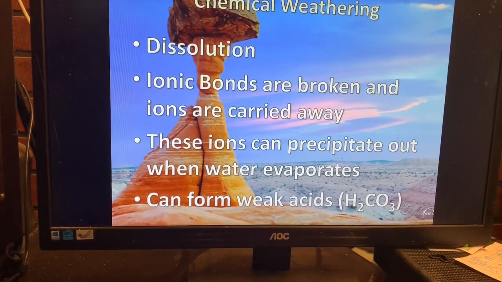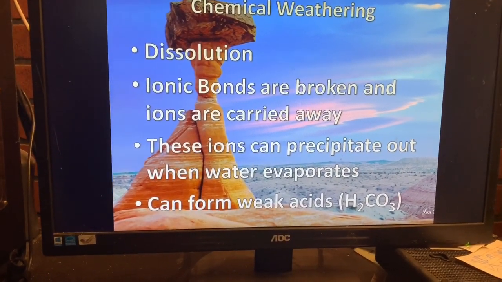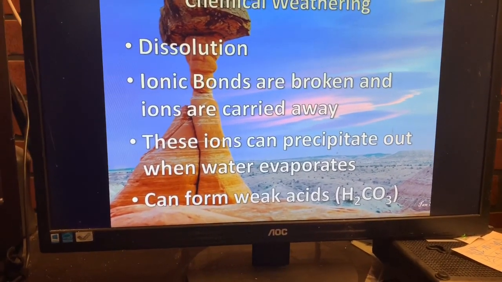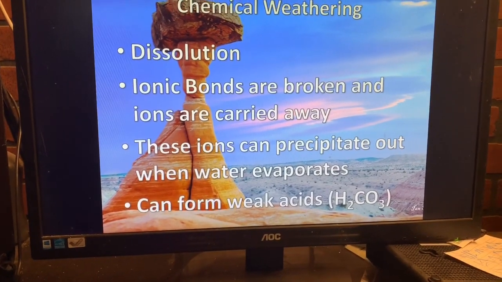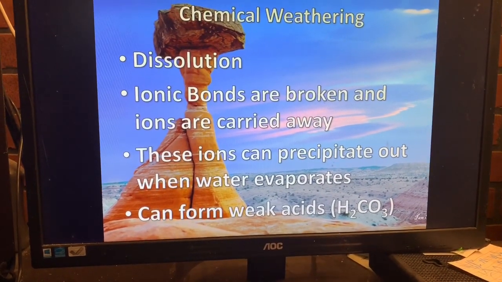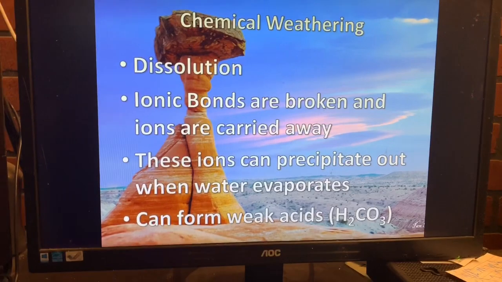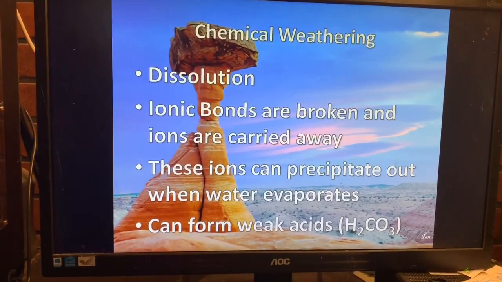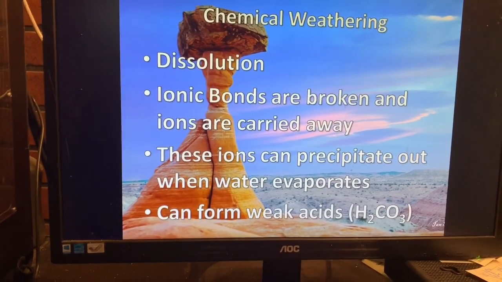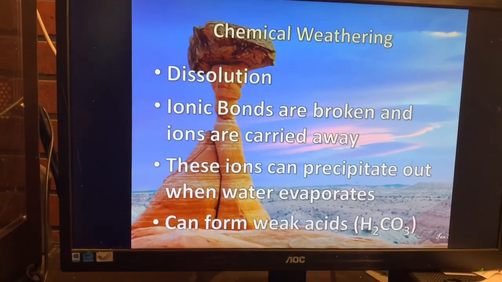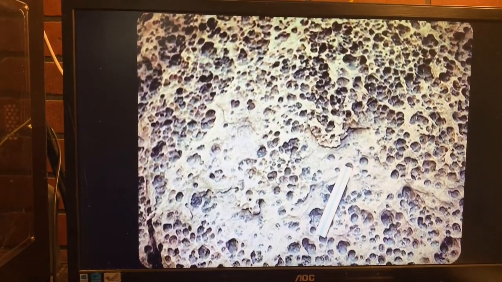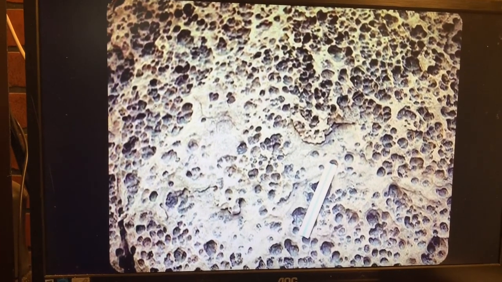Okay, now sometimes when those ions are in the water, they can actually form a very weak acid. And when they form that very weak acid, for example, you see the compound at the end, that's what we call carbonic acid. I'll repeat it again, carbonic acid. Okay, those weak acids in the water can actually start to eat through minerals that react with acid. What mineral reacts with acid? We talked about this. Something like calcite. And so what ends up happening is if you have a rock that's made out of limestone, like the picture in front of you, it'll start to get these little holes. And given enough time, what you'll actually end up with is something that looks like